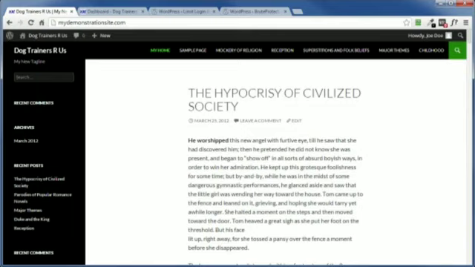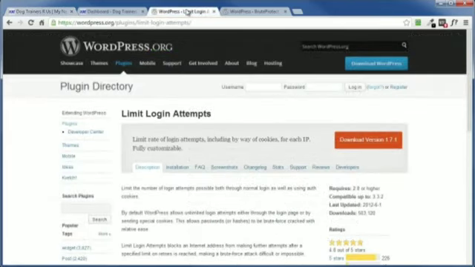Now, this will help against the actual break-in, but not the damage caused by the resources being consumed on your WordPress site server, fighting off all the repeated attempts by the bot to guess your login credentials. This can be helped by a plugin that limits the number of tries by a particular IP address, and then that IP address is blocked for a specific time frame. A great plugin for this is called Limit Login Attempts, and it's totally free, and you can find it at